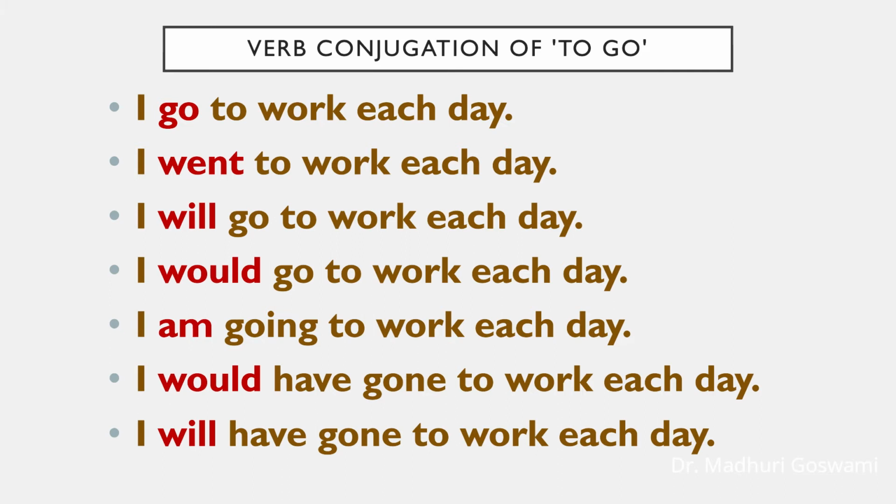Next sentence, I will have gone to work each day. That is something that will have happened when a future condition is met. For example, I will have gone to every game of the season by the championship means that in the future, when there is a championship, I can look back and see that I went to all the games. I will be looking backward from some time in the future.